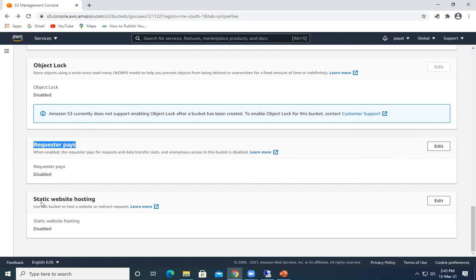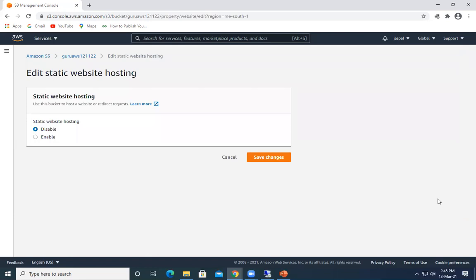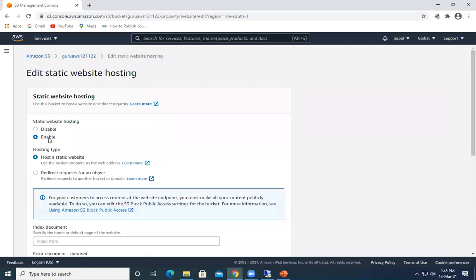Another one is static website hosting. If you have some static content for your website, we can use static website hosting. Let's edit this one and enable it.